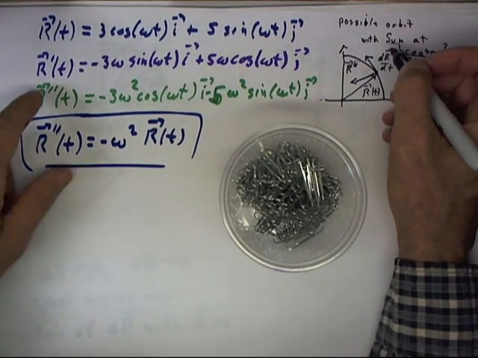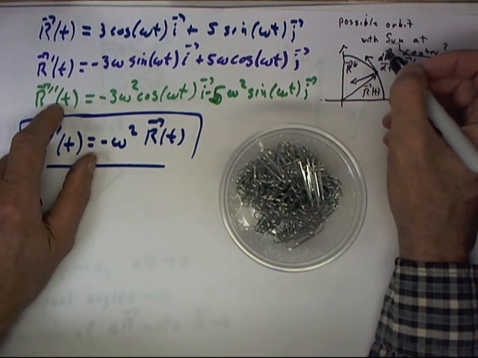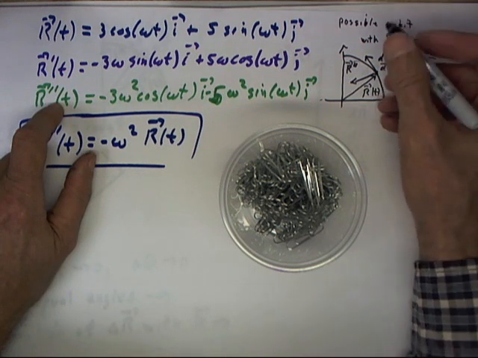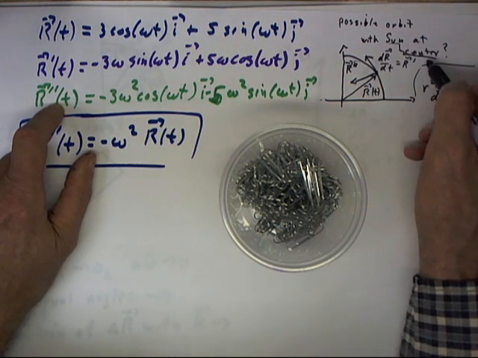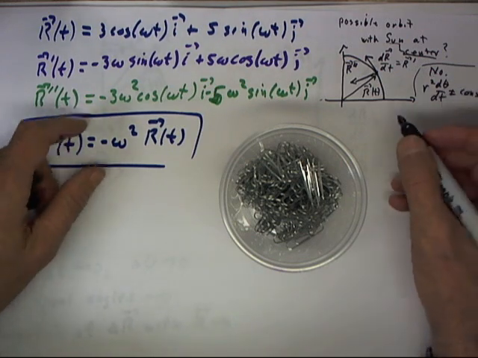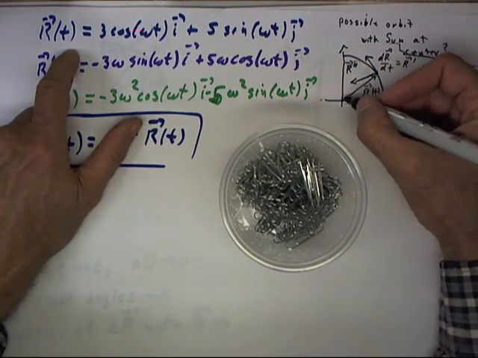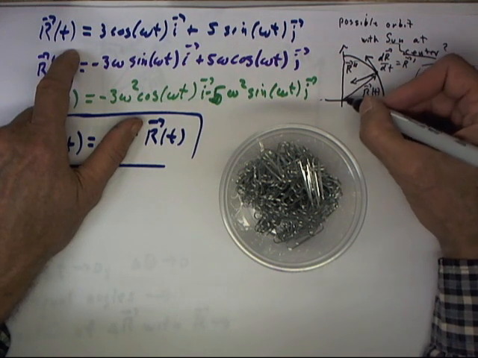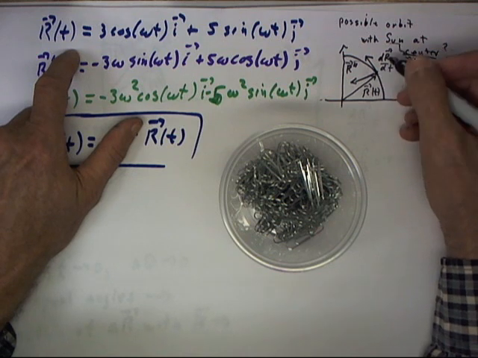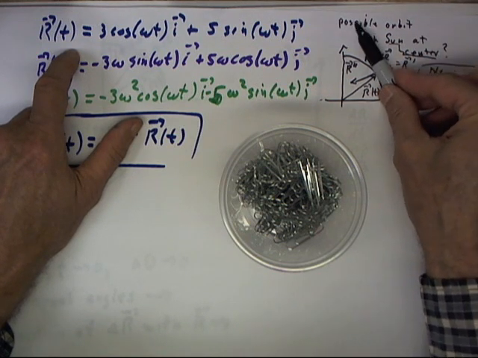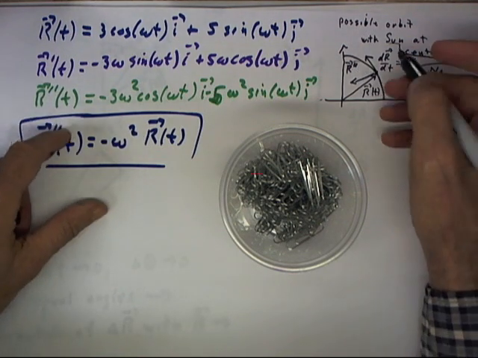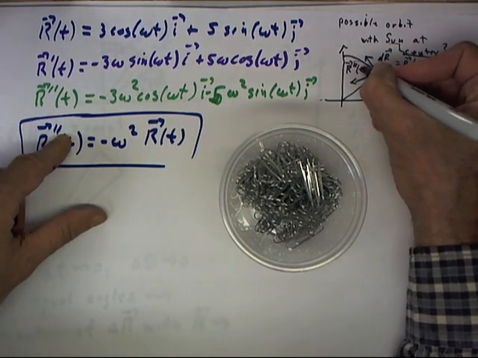Let's see if there's something we can discover from the velocity and acceleration vectors that would contradict the possibility of an orbit with the sun at the center. That might be simpler than taking all these derivatives was. So our r of t vector at any time t is just going to be a vector from the origin to the position of the object in the orbit. Our dr dt vector is going to be tangent to the path of the orbit. And our r double prime of t vector,